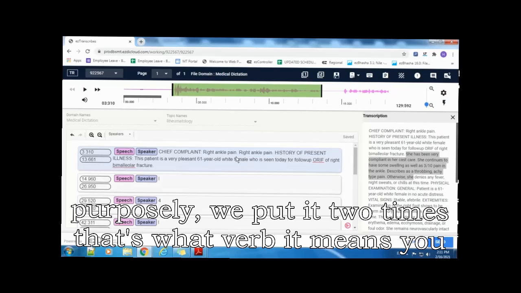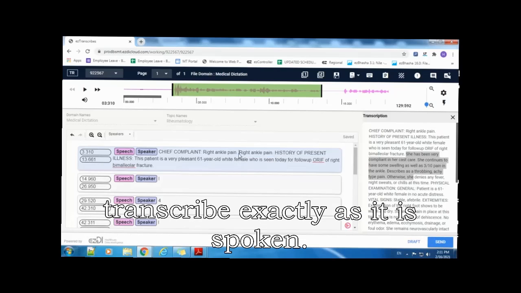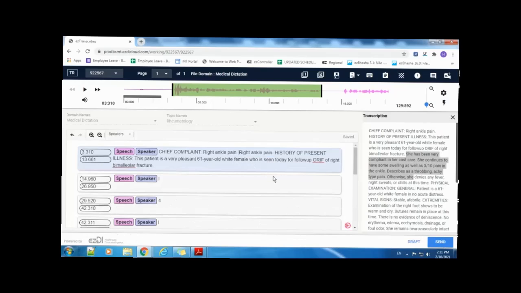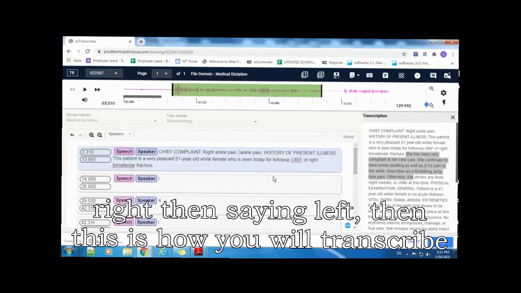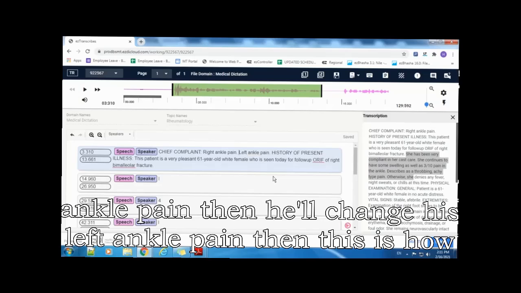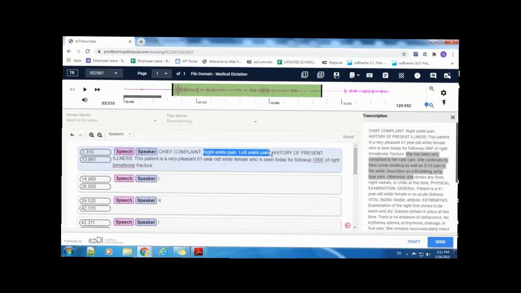That's what verbatim means. You transcribe exactly as it is spoken. Even if he is first saying right, then saying left, then this is how you will transcribe: right ankle pain, then he changes to left ankle pain.